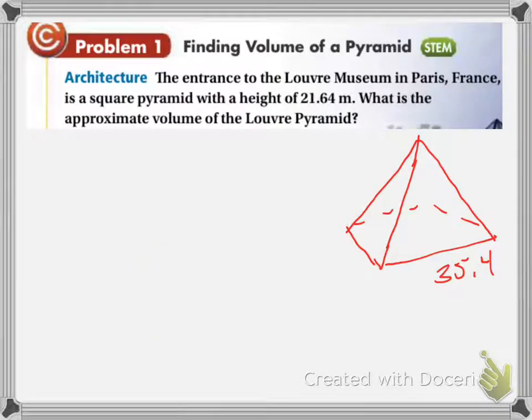Okay, so if we're looking at this, following the volume of the pyramid, I had to draw it real quick. The entrance of the museum in Paris, France is a square pyramid with a height of 21.64. So again, volume equals 1/3 area of my base. Well, it's a square pyramid, so it's a square base. So if one side's 35.4, that means the area of my base is going to be 35.4 times 35.4,